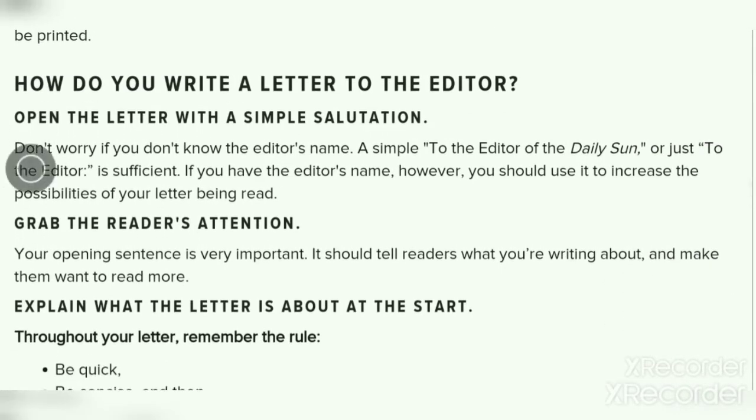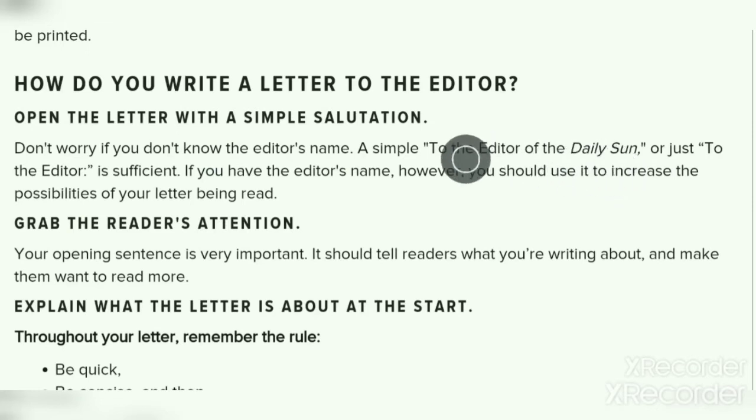Now students, we will see how to write a letter to the editor. First, as you have seen in letter writing, you have to start your letter with a salutation. Salutation is quite an important thing, because with the correct salutation you almost get 1 mark in the examination. So you have to write to the editor of the Daily Sun.